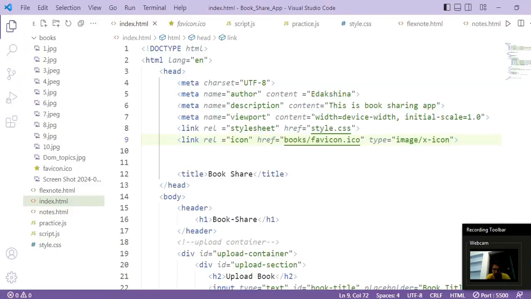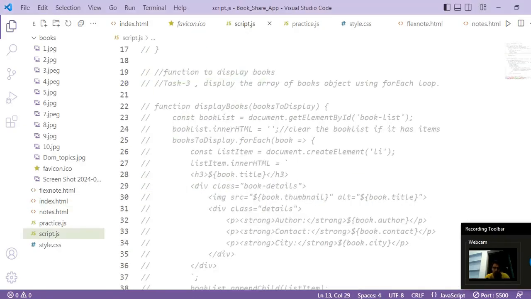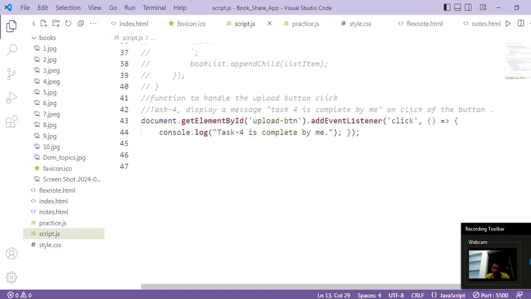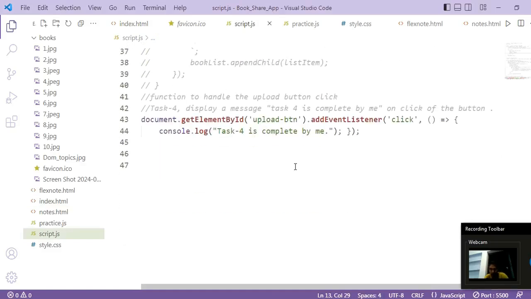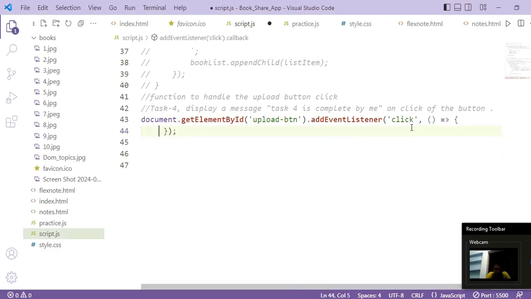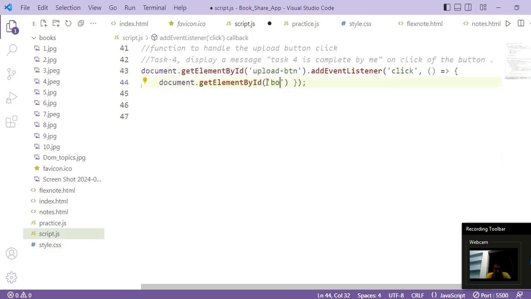So now go back to our script.js file, and let us write the code for handling the upload button click. So remove the console statement, we don't need this. So on the button's click event, what we have to do is get our fields. One by one we will write the statement for that. So document.getElementById, book title, and we want its value.